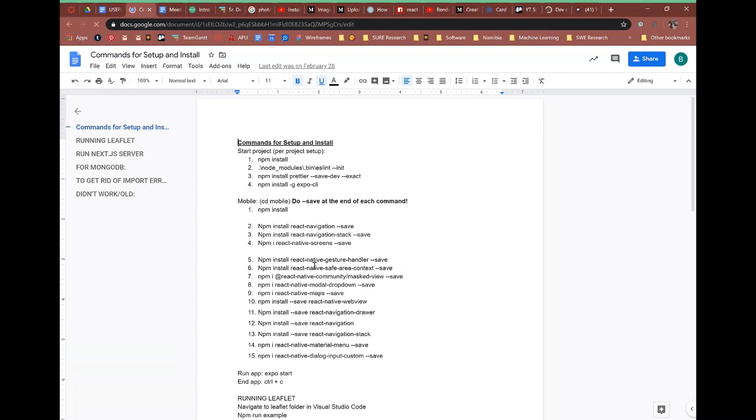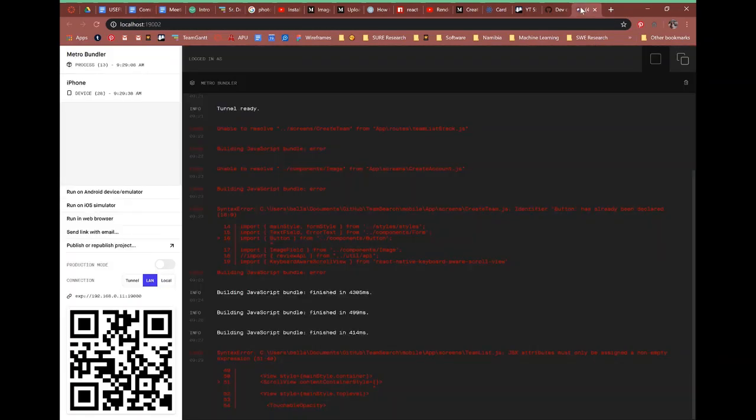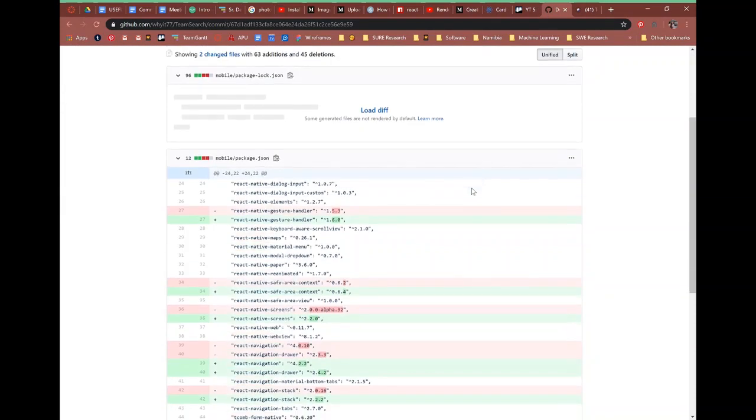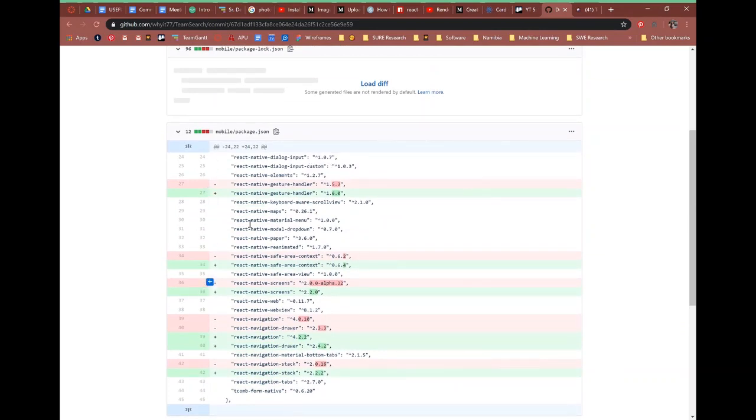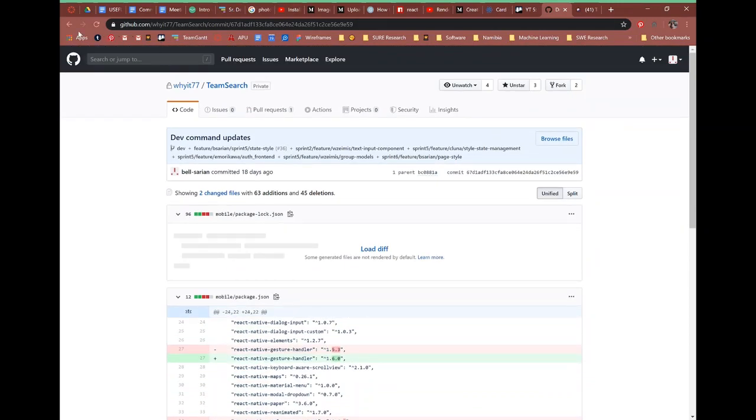And I went through and I cleaned up and I made sure to rerun all of these so that they were saved for all of our GitHub, all of our branches and repositories. So as you can see, it's just a bunch of updating. And then,